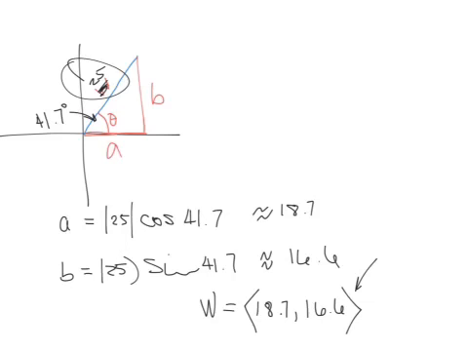Alright, so we're going to jump up to example 3. So what they're giving me is a couple different vectors. They're giving me the blue one U, the red one V, and the green one W. And what they're asking me to do is write each of the vectors in the form ⟨A, B⟩. So I need to find the X, Y. Alright, so let's look at U. U is going to be